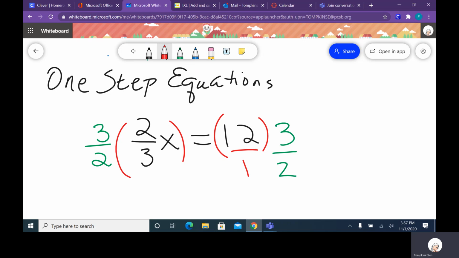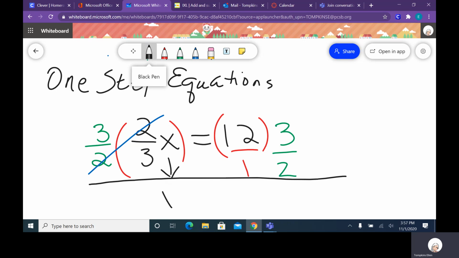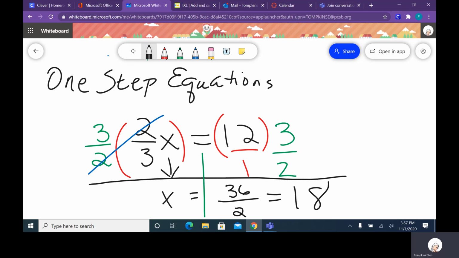I have no choice. And when I do that, 3 times 2 over 2 times 3, they're out. x drops down, he gets released. It's because the other garbage got pushed over the wall. Now we've got 12 times 3, that would be 36, divided by 2. And we can simplify that into 18. Okay, so